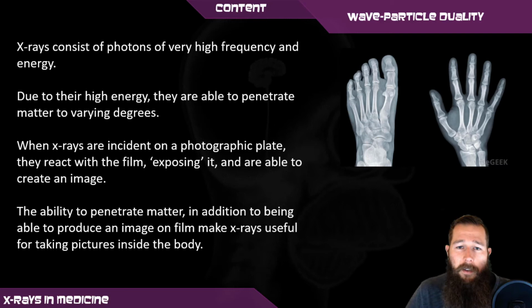X-rays, being part of the electromagnetic spectrum, consist of photons of high energies. Because of the high energies, they are able to penetrate different materials to varying degrees. When X-rays are incident on a photographic plate, they can expose the plate and produce an image. So the ability to penetrate the material and produce an image make them useful in looking inside the human body